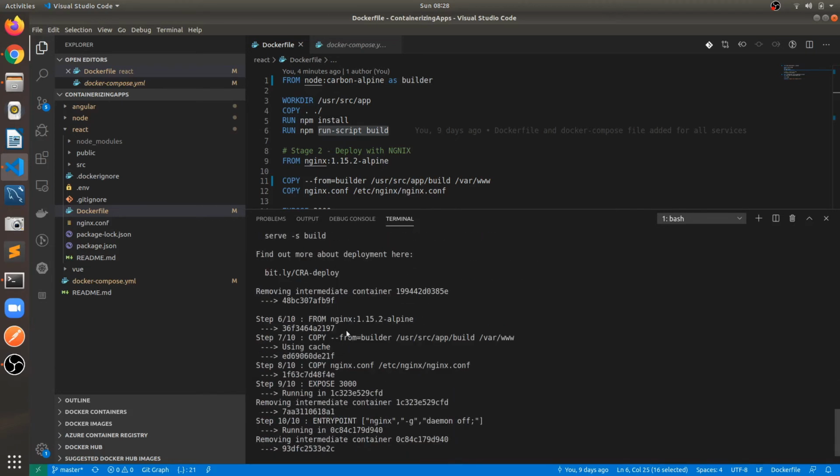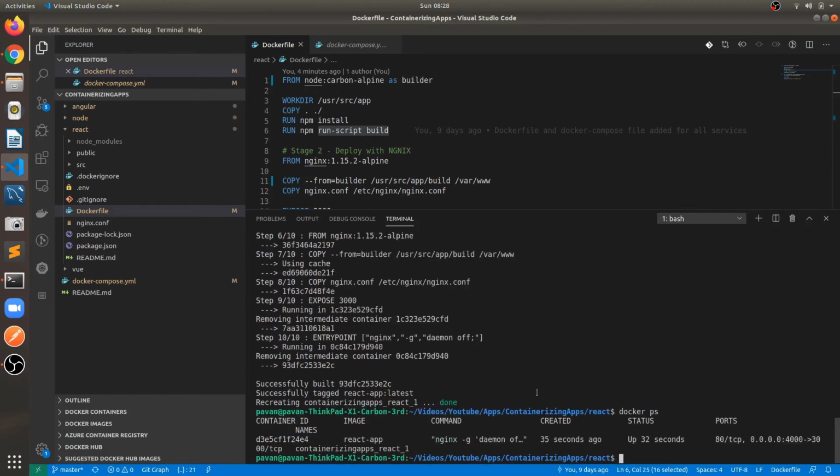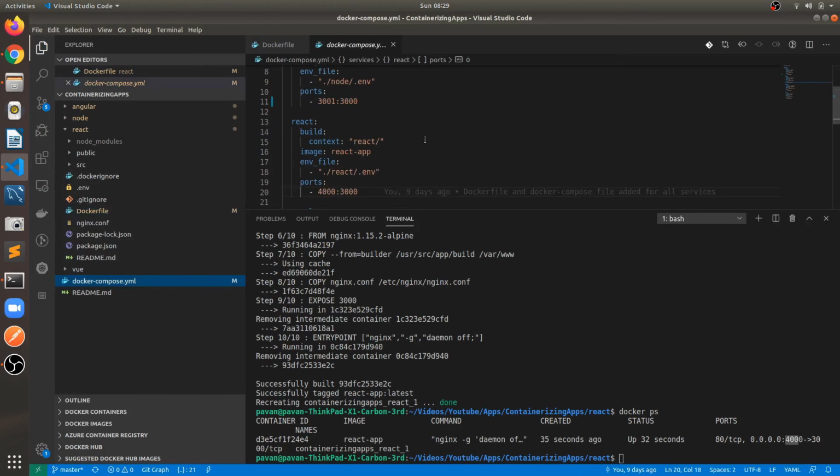Next, it pulls the nginx image, creates the proxy server as nginx, and finally it's running docker ps. Here you can see our application is running on external port 4000, which is the exposed port defined inside the Docker Compose file. Here it is 4000, and inside it is 3000, where nginx is running.